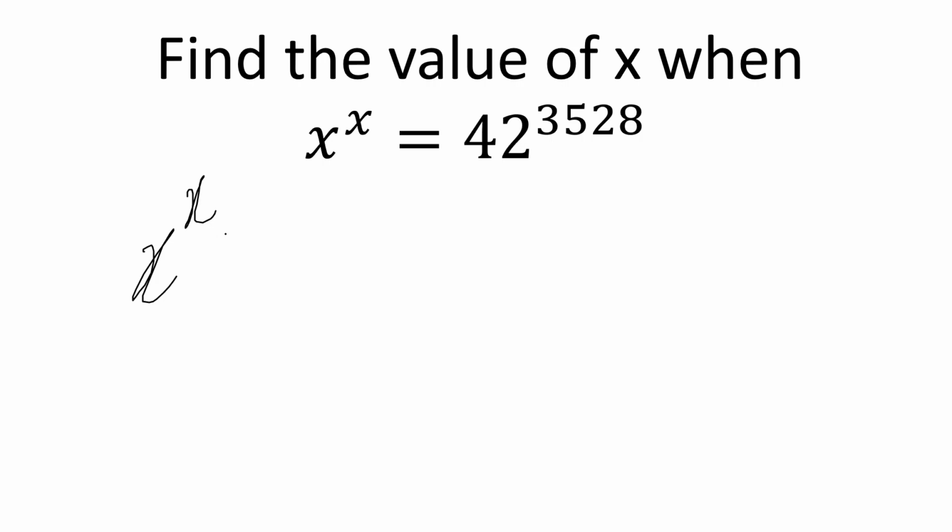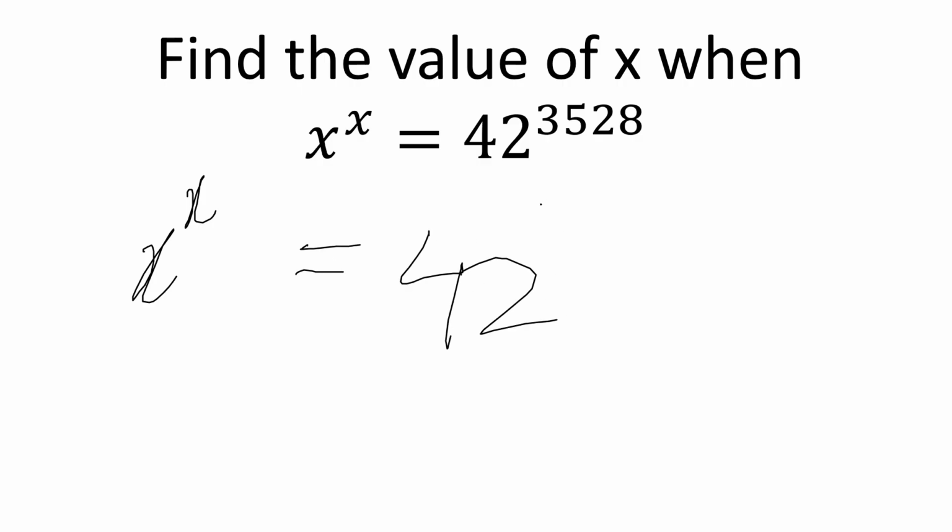In this case, x power x, both the power and the base are the same. Whereas on the right hand side you could see that you have 42 power 3528, which are different. So since 3528 is much greater as compared to 42, then you got to reduce it. That is, you got to reduce this 3528, and that you could do by means of writing it like